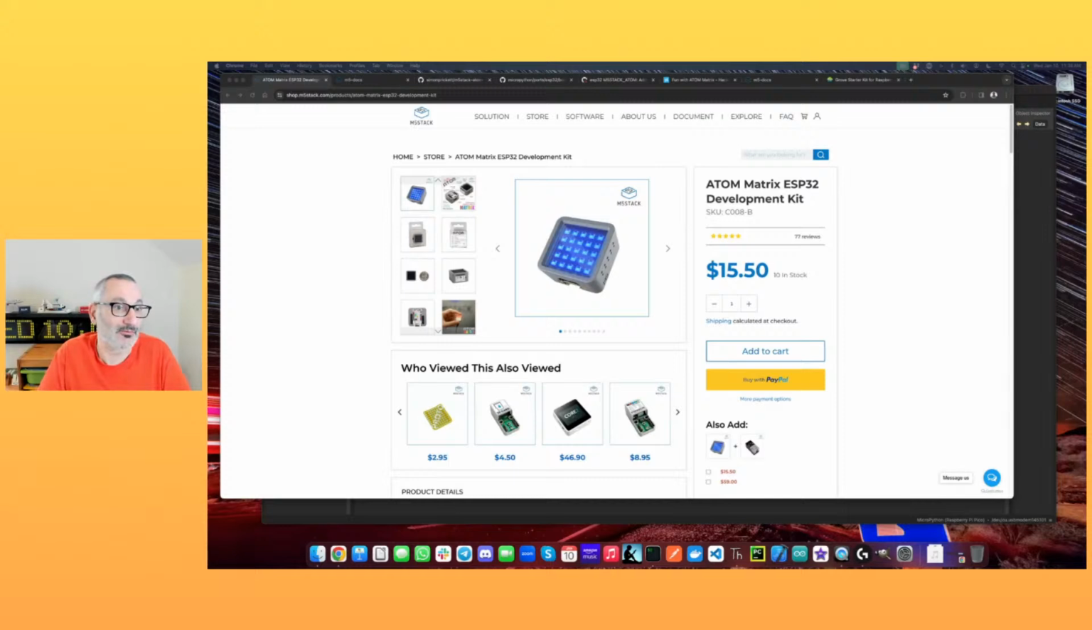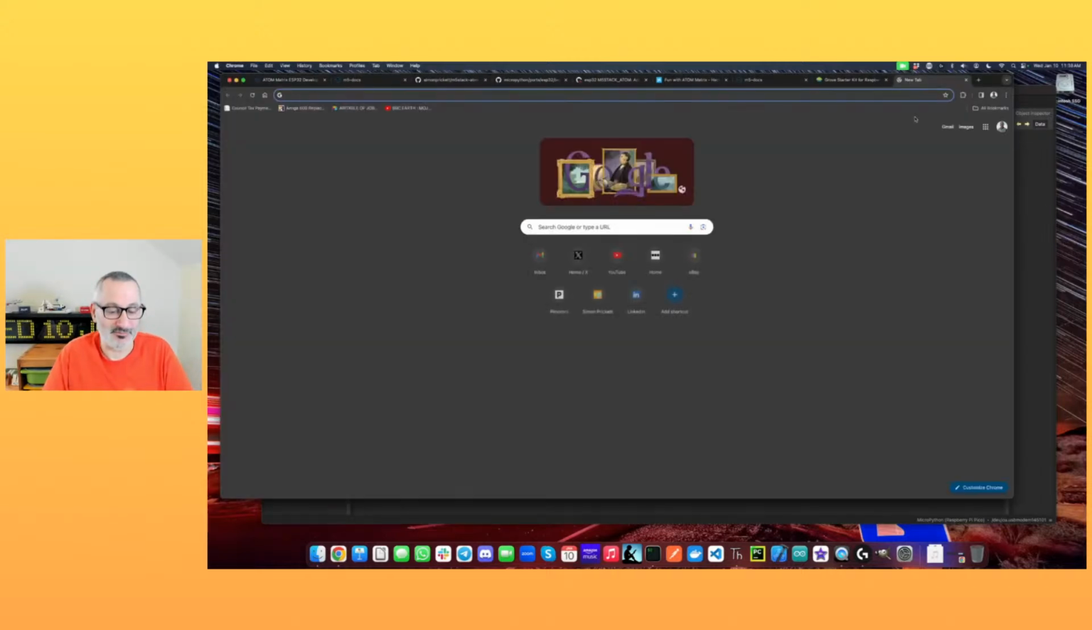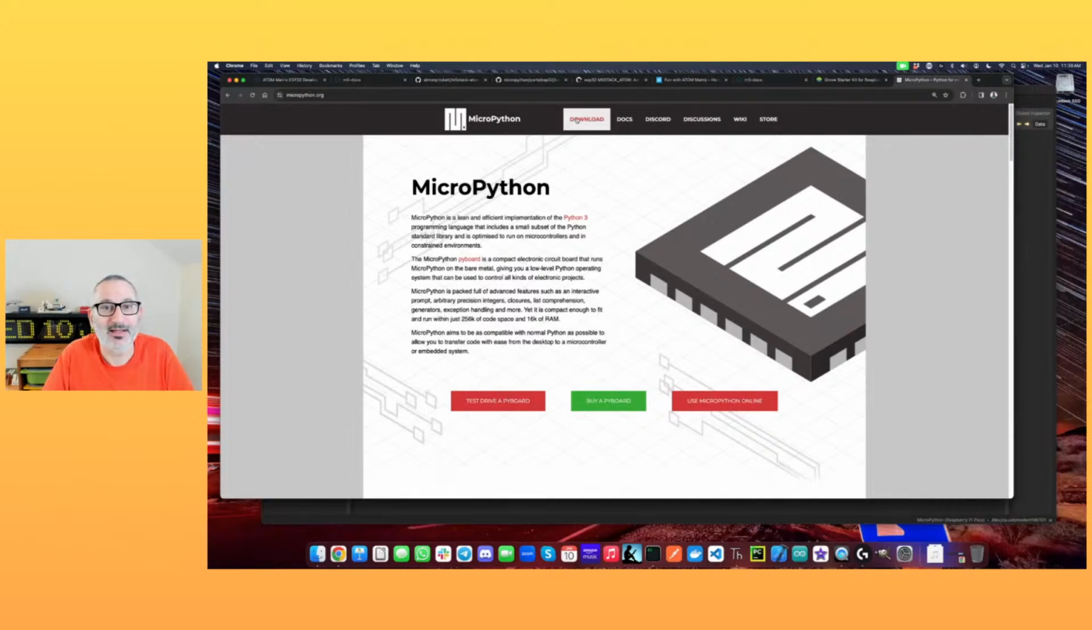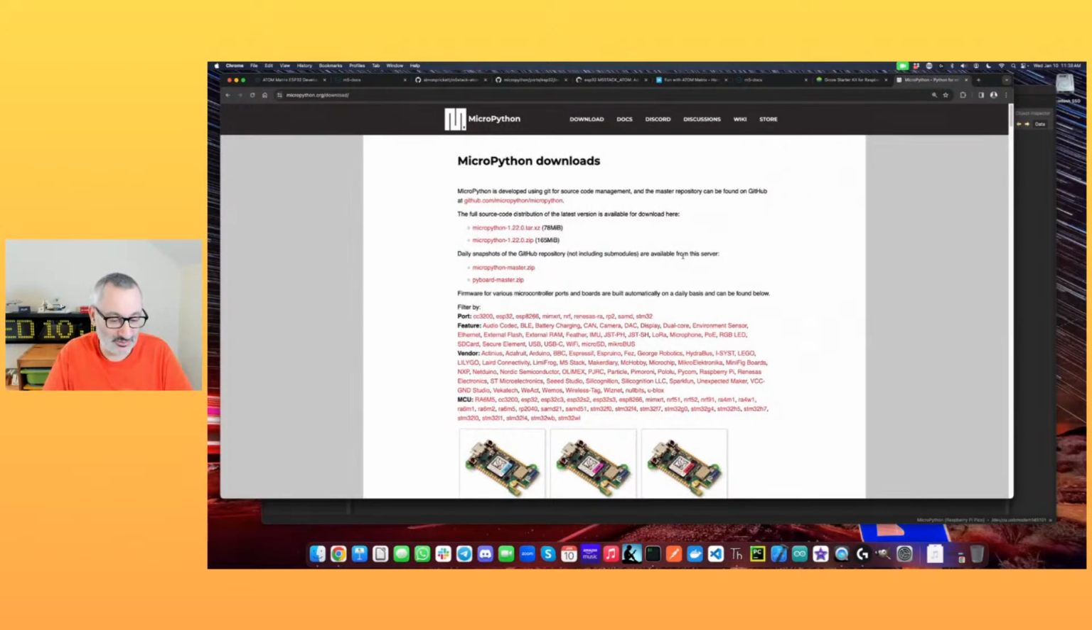Fun with live streaming. Right, so yeah, we've had a couple of these Matrix ESP32 development kits. I wanted to do MicroPython with them as opposed to Arduino or something. So what I did was, in the previous streams, we went to micropython.org, and if you go to the download page and you do,